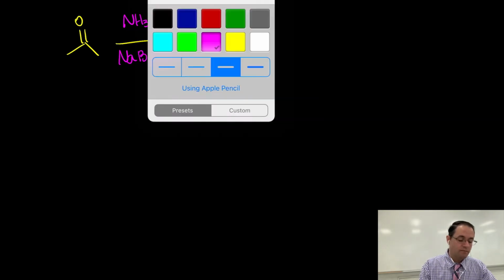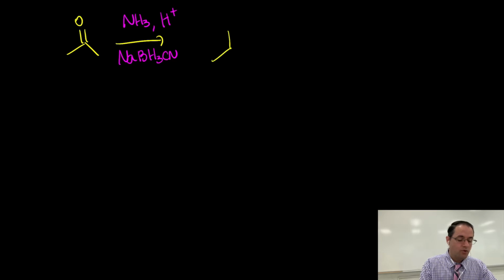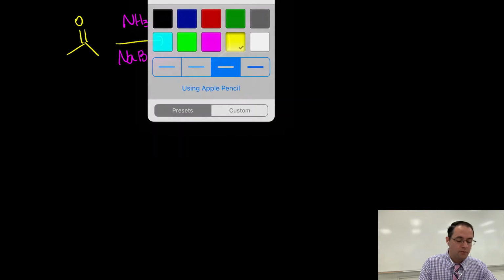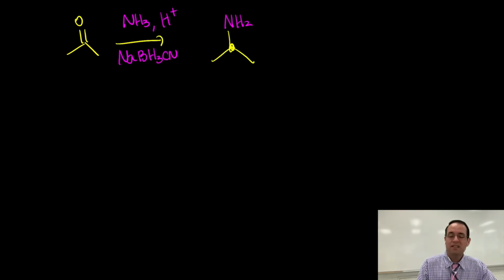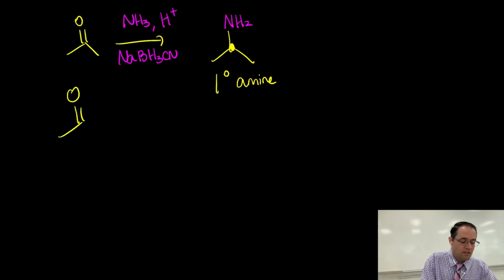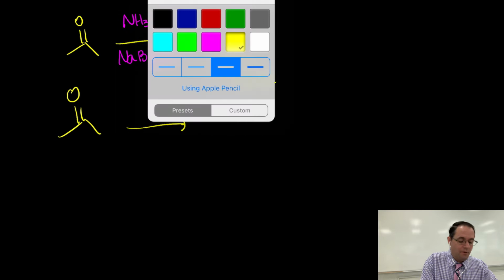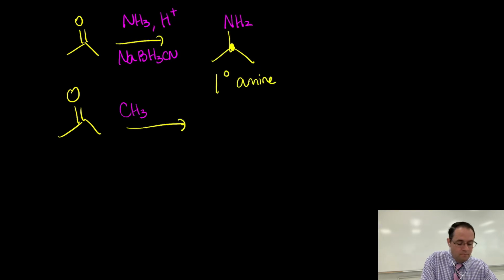Now, if we do this reaction, we will get a primary amine, okay? So remember, we're classifying this as a primary amine because the nitrogen is attached to 1 carbon. So we call this a primary amine. If we take acetone once again, and we treat this with methylamine. Let me really be clear in showing the bonds to the hydrogens so we can really understand this a little better. Down below the arrow, okay, so we have H+ catalyst still,